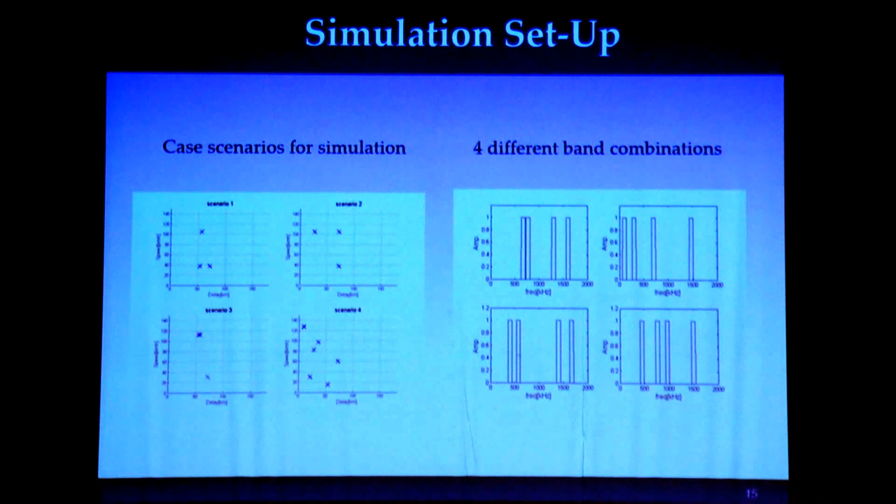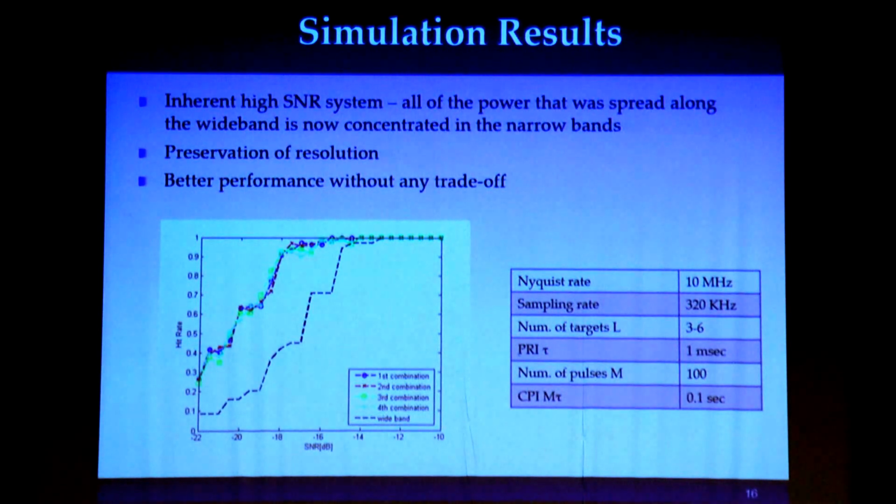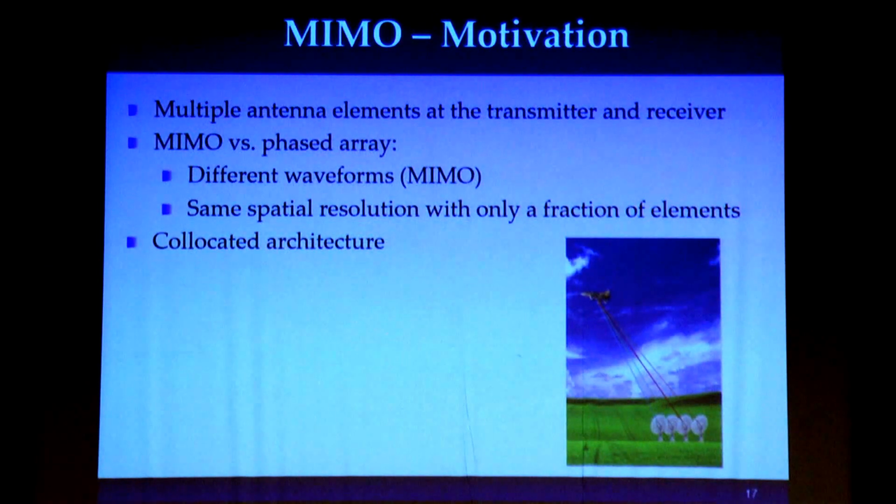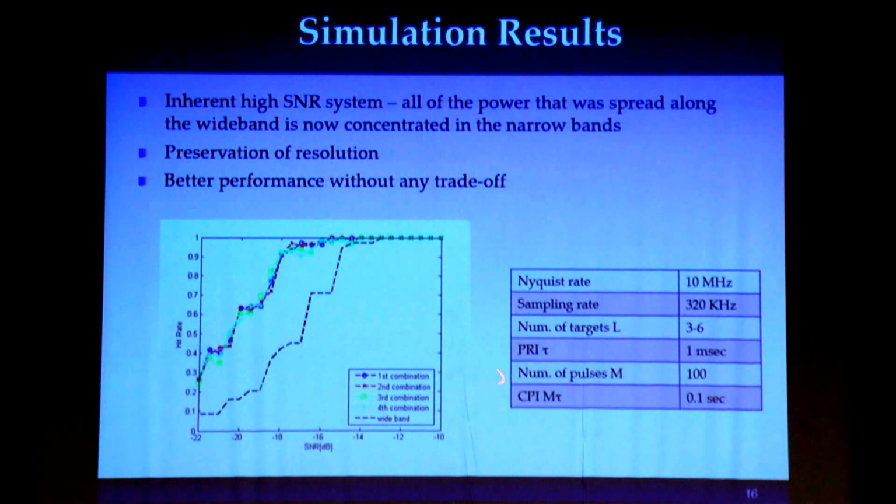So let's see that in simulation. We'll look at 4 different cases of targets, and we focus on hard cases where our targets are very close, both in terms of delay and Doppler. We will check our algorithms on 4 different band combinations to show that the actual location of the bands is not important. And we see in the results that the performance of the 4 different band combinations is the same, and they actually outperform